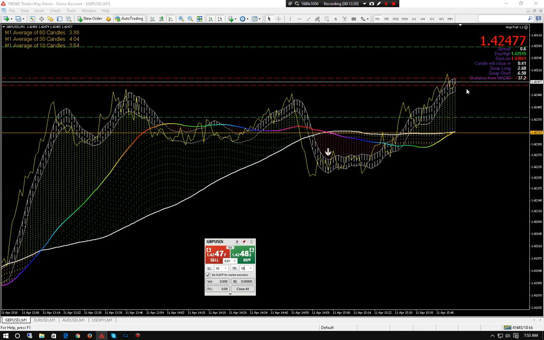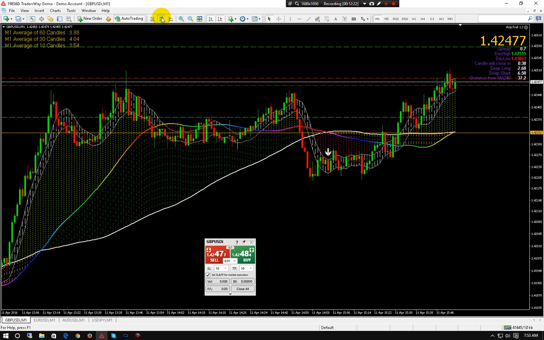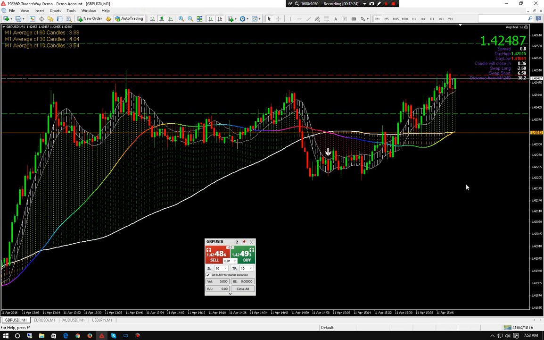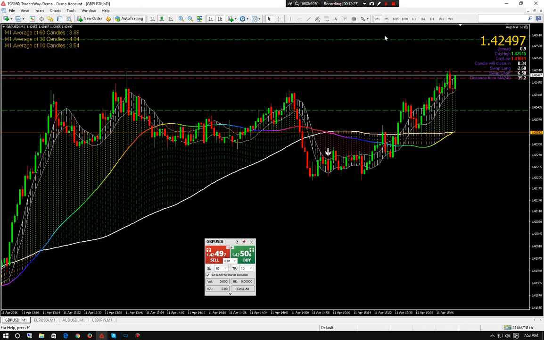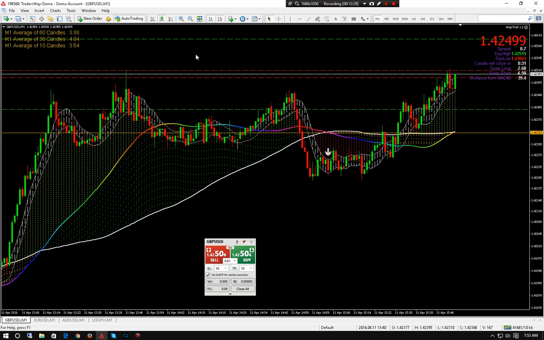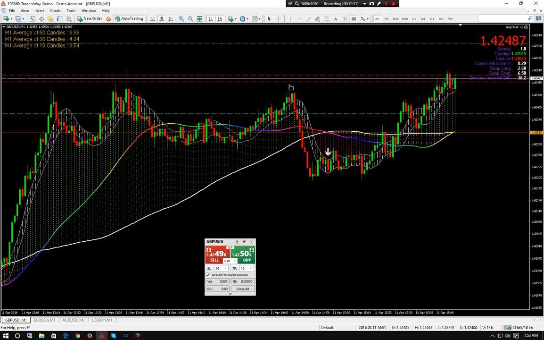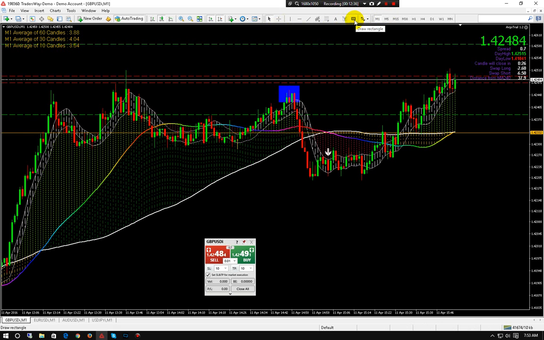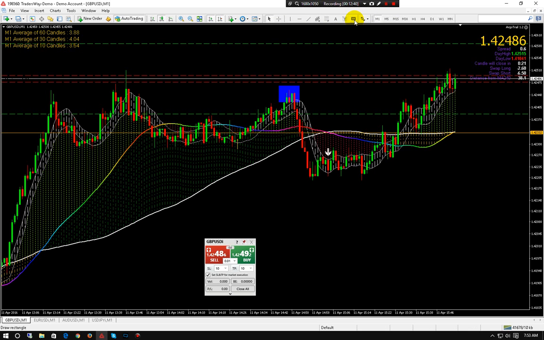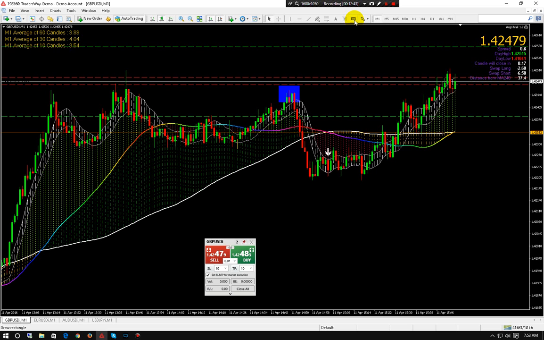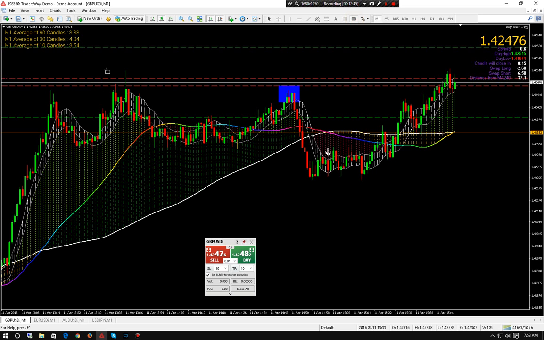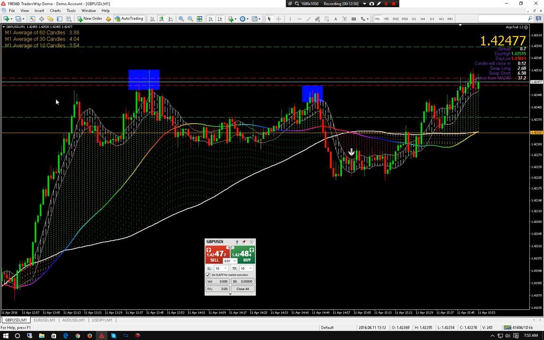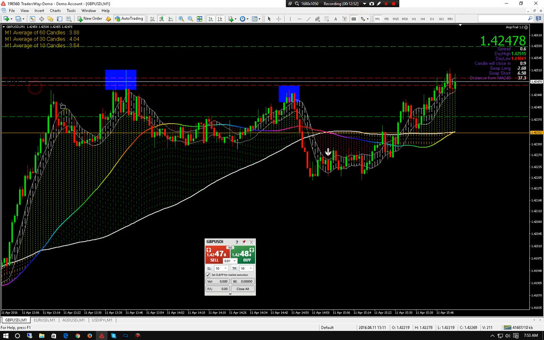Now we're set up. Our next step, and I'm going to turn the candles back on, is to identify a swing high or swing low that would be in the way. I want you to do this on every single chart as it moves. We're going to identify here. And if you don't know what a swing high, swing low is, I will be trading this all week with TA, switching back and forth depending on what the market's giving us, so you will learn it. And I'm going to be recording it. We got another one right here, and just for the hell of it, I will mark this one even though it's not really pertaining too much.